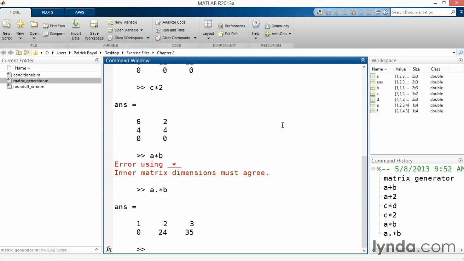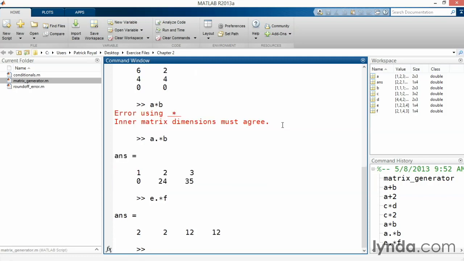Putting a dot in front of an operation should not be confused with taking a dot product, though. If you use vectors E and F and type in E dot times F, that will return a new vector where each entry is a product of corresponding entries of the vectors. To do a dot product, you have to transpose the second matrix and then use simple matrix multiplication. So in this example, we would input E times F apostrophe, where the apostrophe tells MATLAB to transpose F before